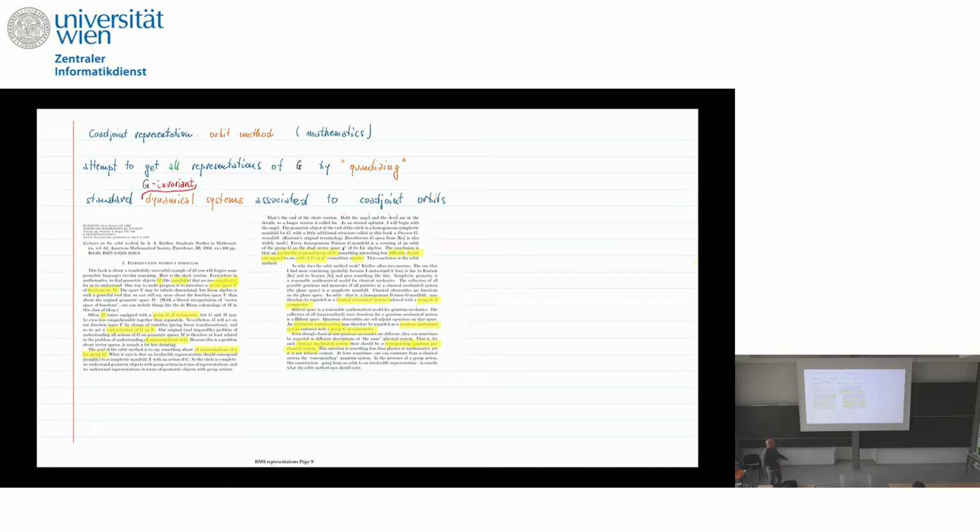Okay? So let me give you the physicist's approach to this G-invariant dynamical system that you can associate to co-adjoint orbits, and that in principle you can quantize. And if you quantize it, you have built, in the Hilbert space of the quantum theory, unitary irreducible representations of the group that you are interested in. And of course, the main question is, again, like in the other case, why do you get all of them? Is it possible to get all of them?